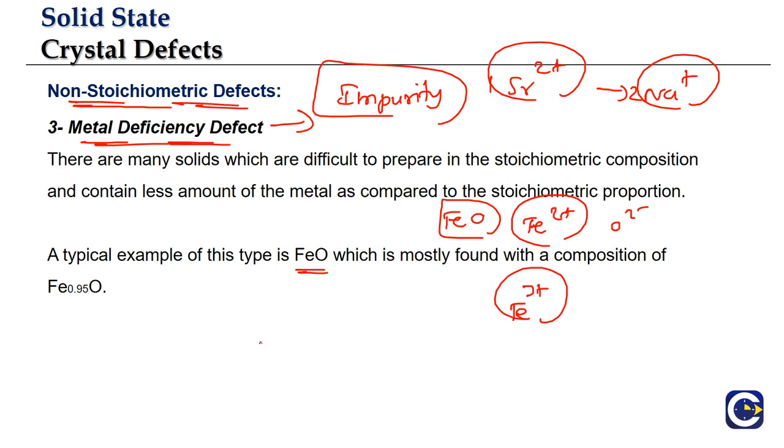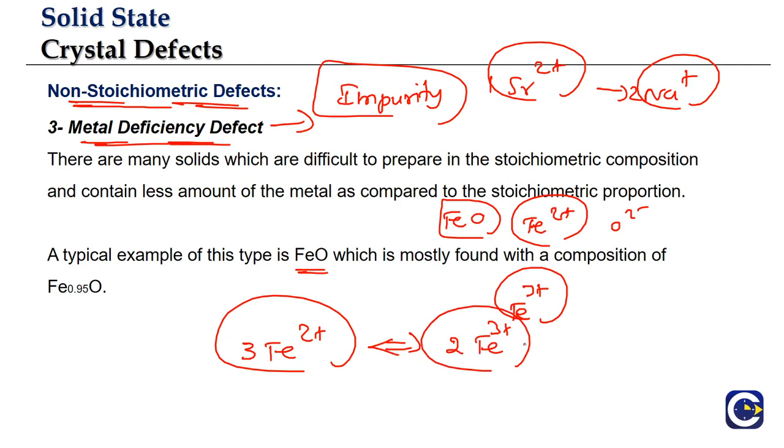now what happens is, for every 3 Fe2+ places, we will be compensating with only 2 Fe3+ ions. As a result, if we take out 3 Fe2+ ions, we will be replacing them with only 2 Fe3+ ions. So in the overall composition, we will see that the metal is getting what? Deficit. So the metal appears to be in deficit because of the different valency of the metal atoms. But overall the charge neutrality will be maintained. The total charge of the cations will be equal to the total charge of the anions.